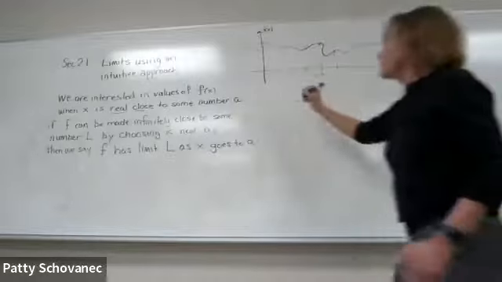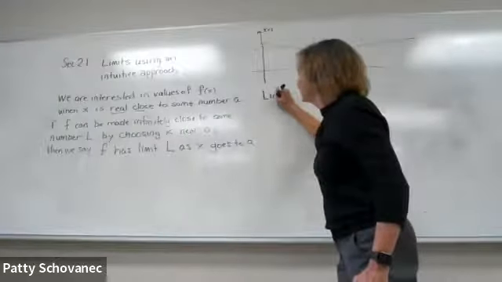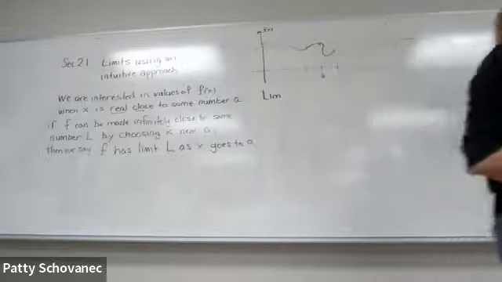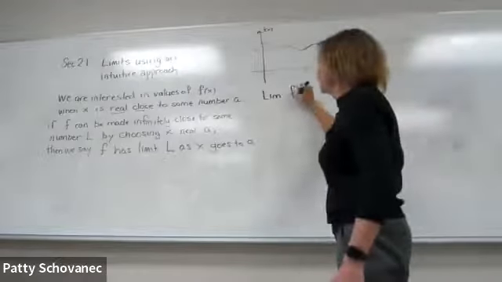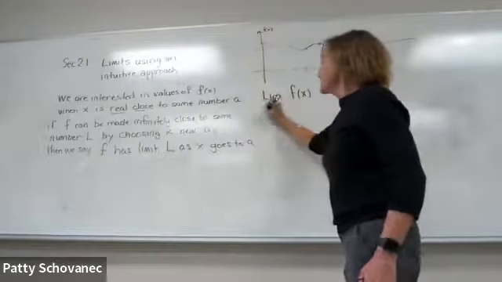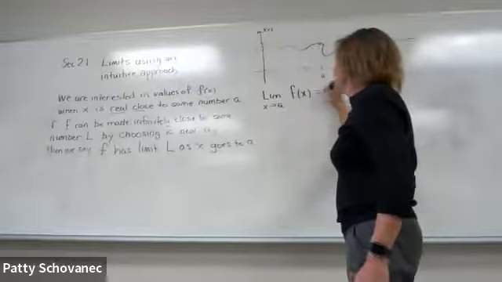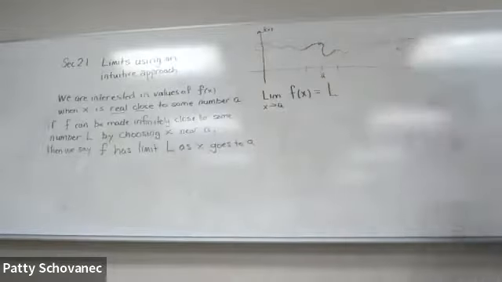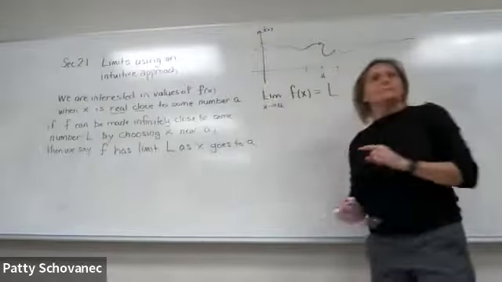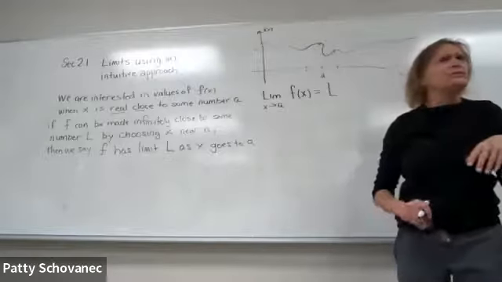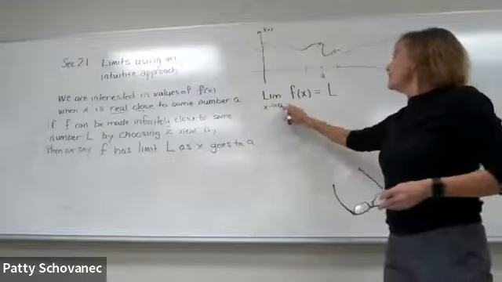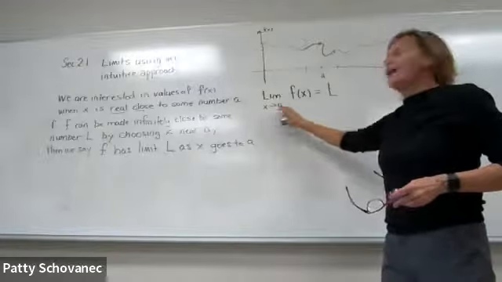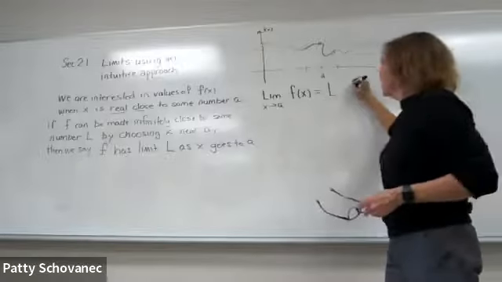So we would write that the limit, you abbreviate that by just knocking off two big old letters. The limit of my function as x goes to a is that number L. And it means this. Just that in math, we don't like to use words. So here's how we write it in math. The limit of f of x as x goes to a is equal to L means